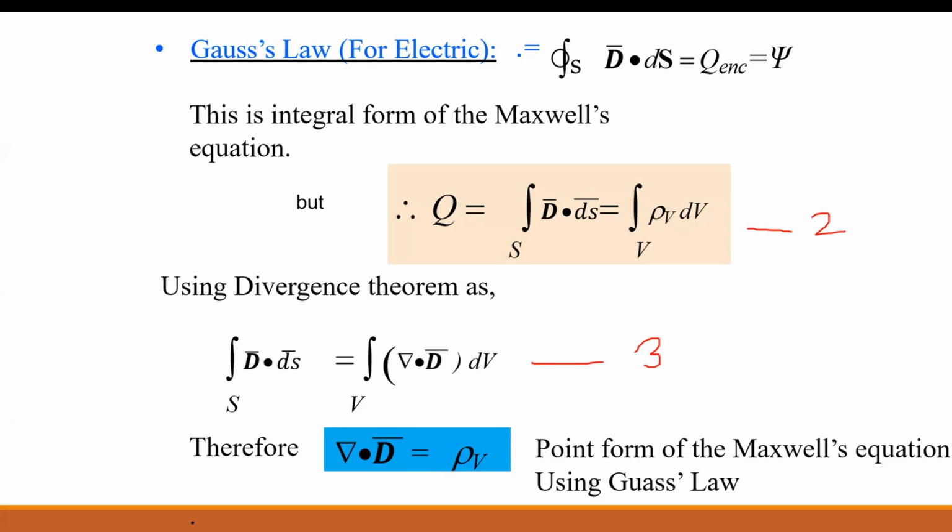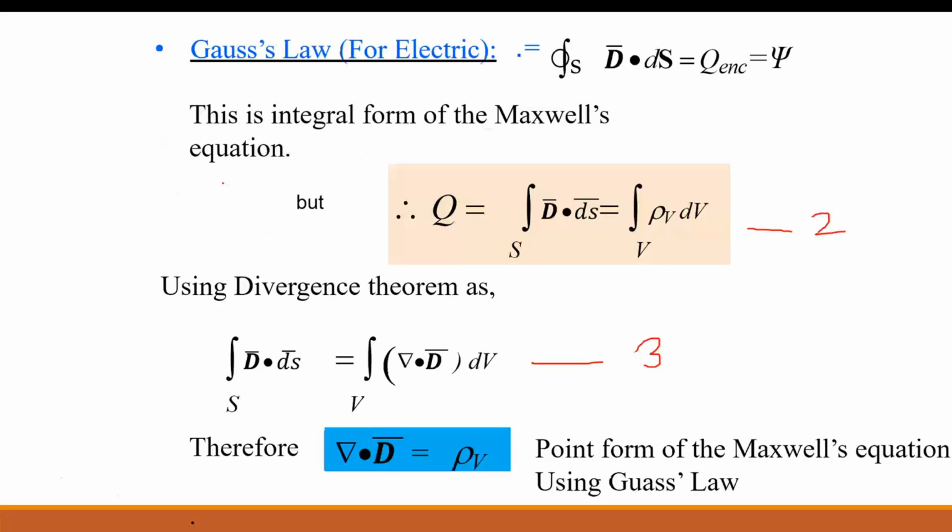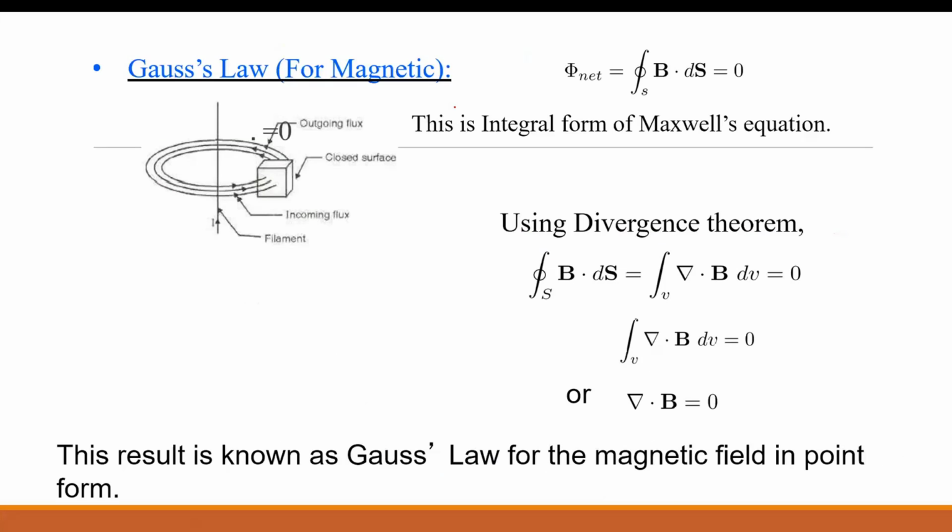Fourth one. Now let us move to the next point. So these are the next two equations from Gauss law. Next equation: now there is only one more law, Gauss law for the magnetic field also.